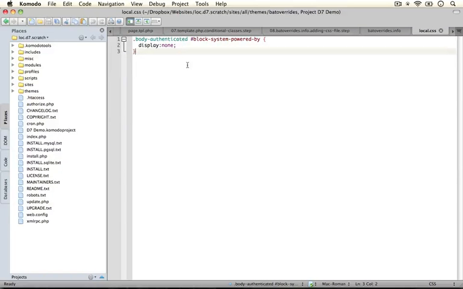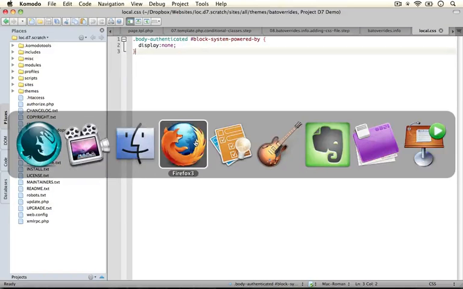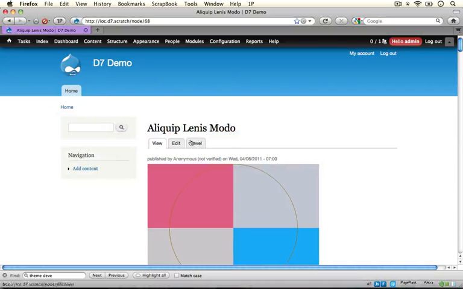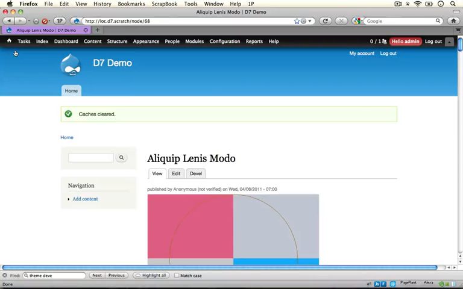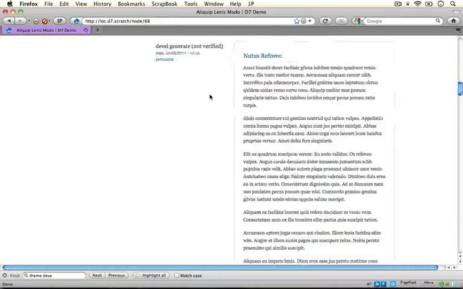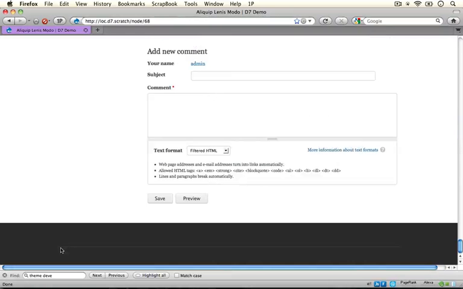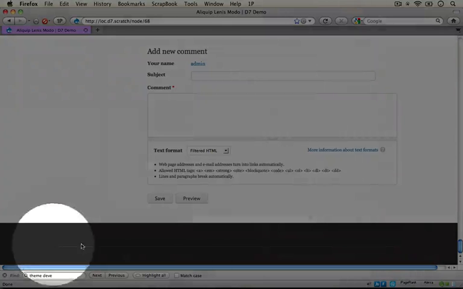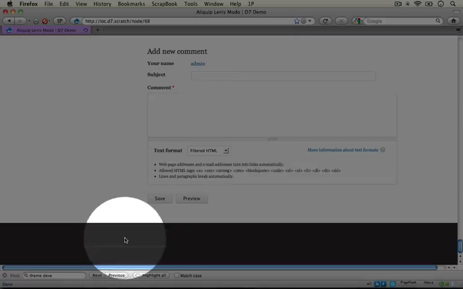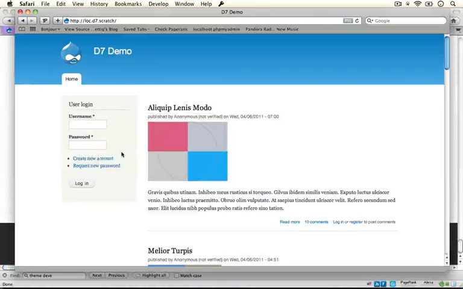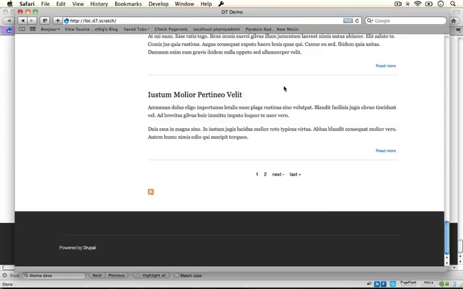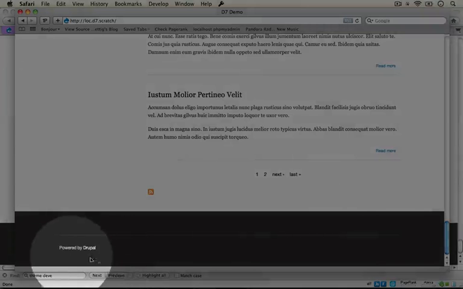Okay, let's go ahead and make sure everything is saved, and then jump to your browser. And let's flush all caches in order to rebuild the theme registry and register our new local.css file. Let's scroll down to the bottom. Now you see we don't have a powered by Drupal link down here anymore. If we jump to a browser where we are not logged in, you see here we're not logged in, let's go ahead and refresh the page, and we scroll down to the bottom, we'll see our link down at the